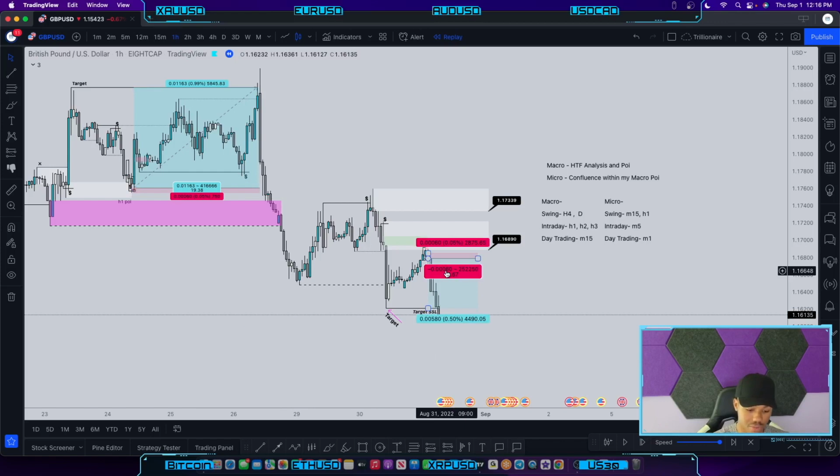9.67% trade as well, giving you a total of 29.05% return on investment